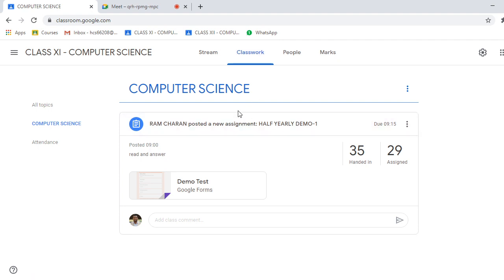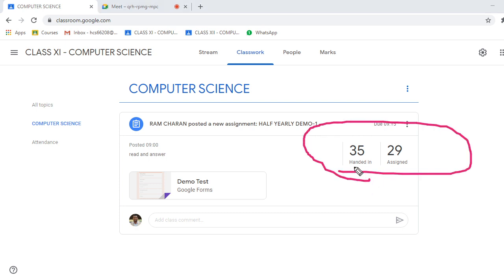So the user, meaning the student, will click this form and start filling the form and submitting it to you. Right. So what you need to do, when you click the title here, you are going to find this one, these two, like this. So handed in means how many students have written and given this answer form to you, and still people are writing. Okay, so when your exam is over, all the numbers will be here and this assigned will be 0 here. Let's suppose 50 students, so 50 students will come here like this.